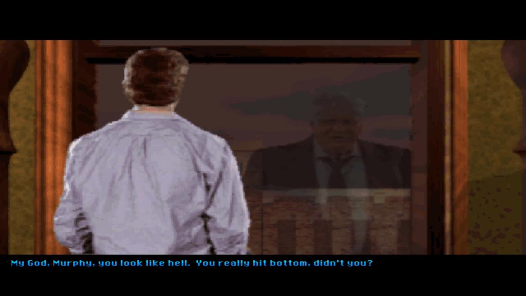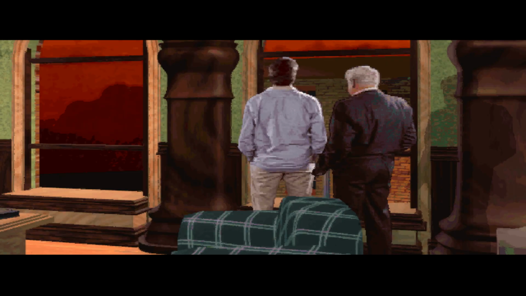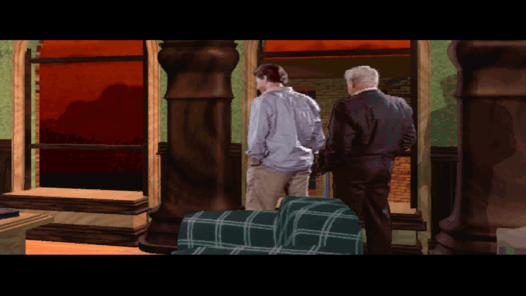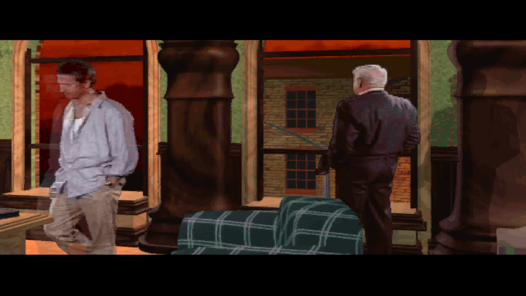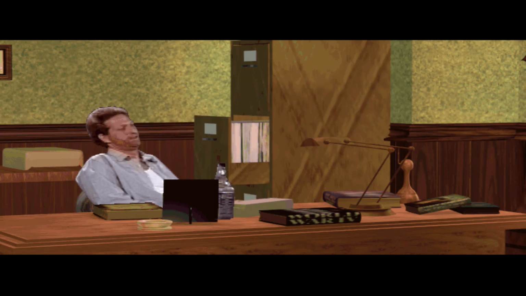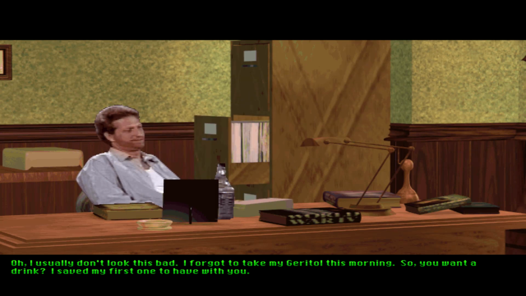My God, Murphy, you look like hell. Yeah, look how Tex is kind of just frozen in place. And now that Tex is moving, the Colonel has frozen in place. Oh, now they can both move at the same time. It's kind of interesting how sometimes it functions completely and then...